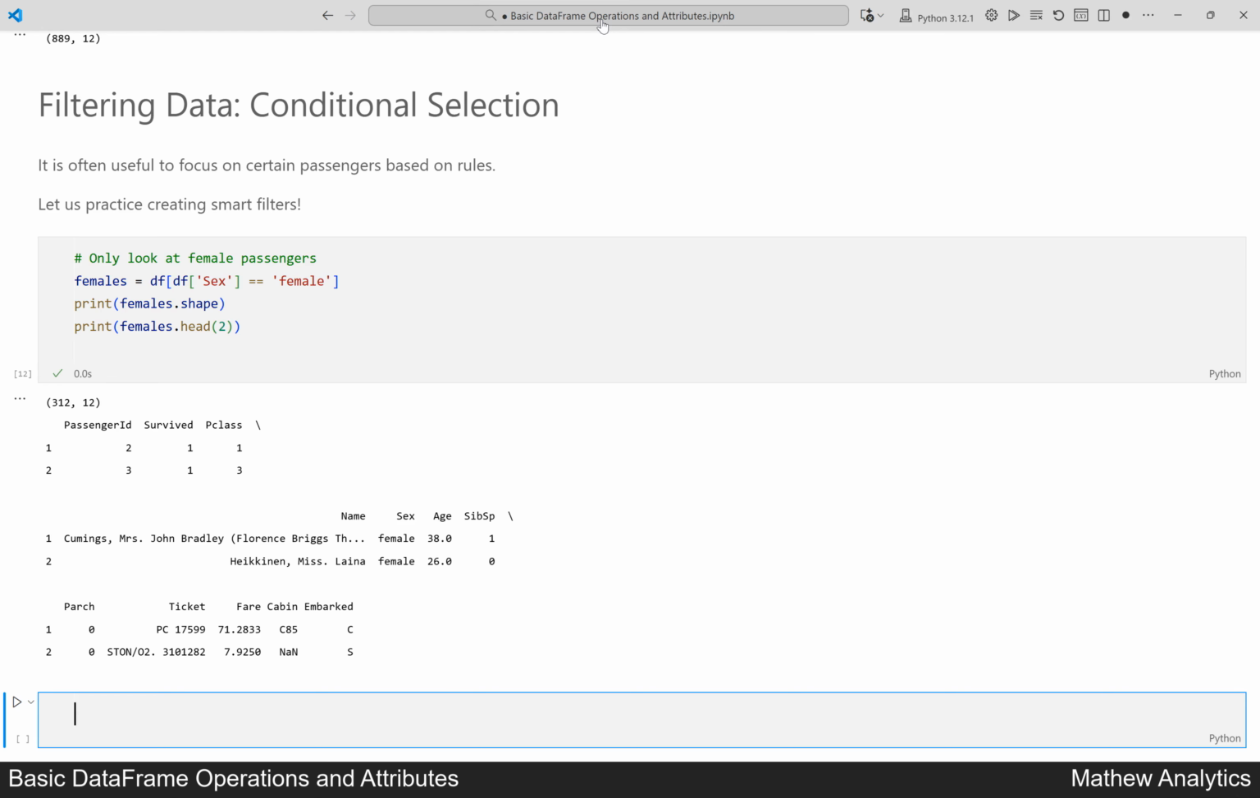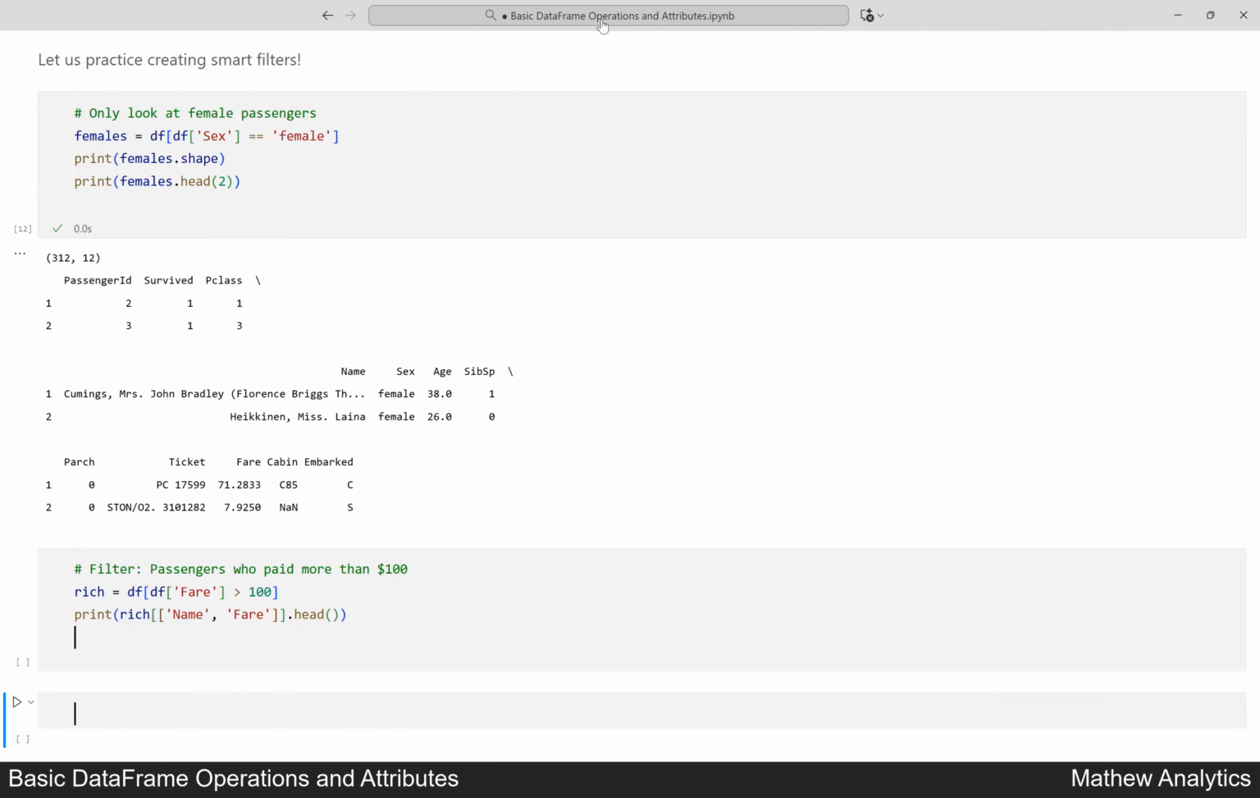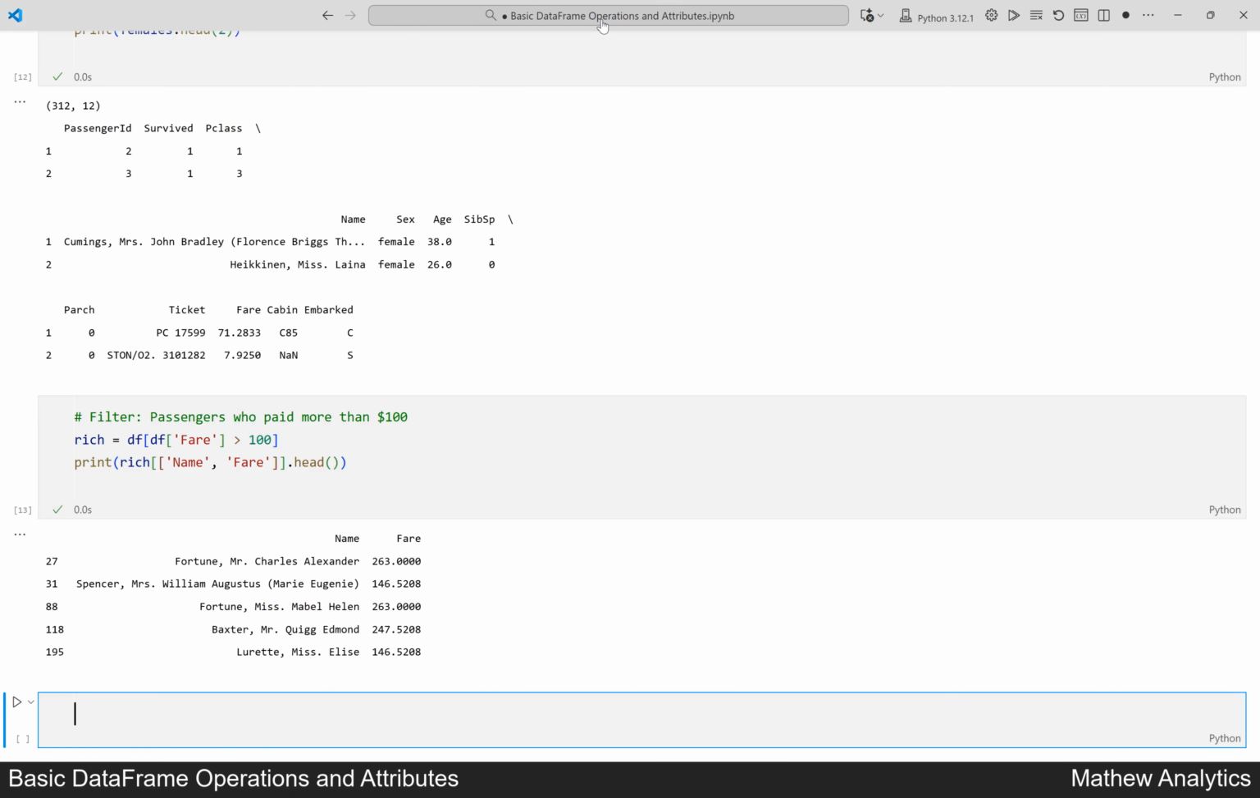Now, focus on those who paid a high fare. The comment explains we want higher fare passengers. We filter so only rows with a fare above 100 stay. We show their names and how much they paid. Running the cell now. Here we see a filtered list of passengers who paid more than $100 for their fare,